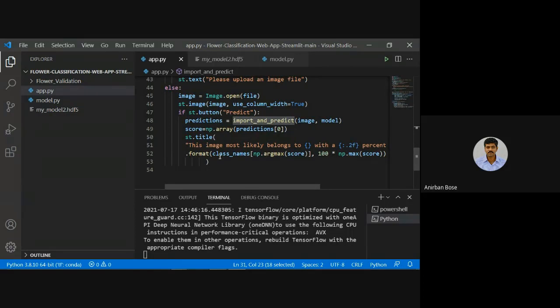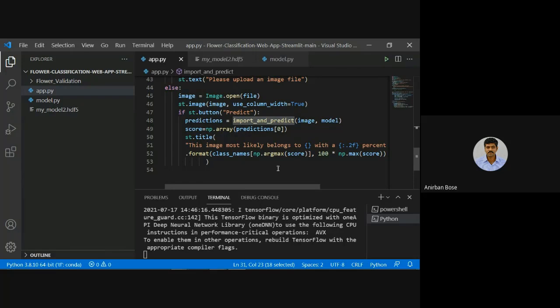The first variable is class_names, and class_names is that particular list, and in that list, which element you want to predict, that is going to give the maximum probability. To get the maximum probability for each of the classes, the score, we use argmax, which returns the index corresponding to the maximum probability.